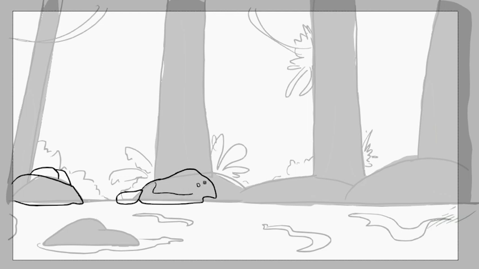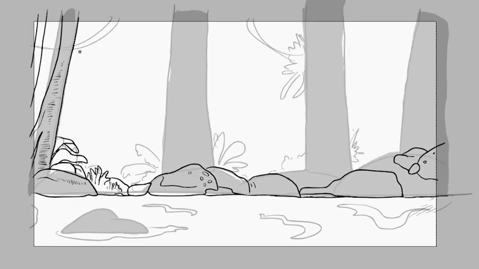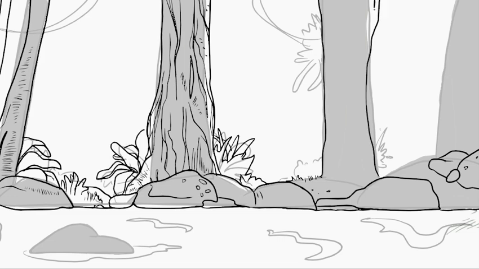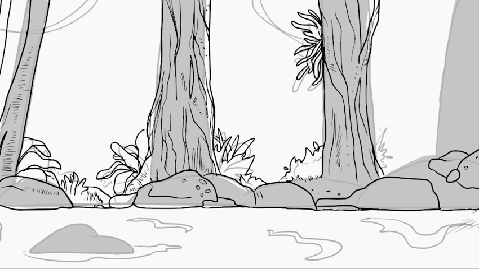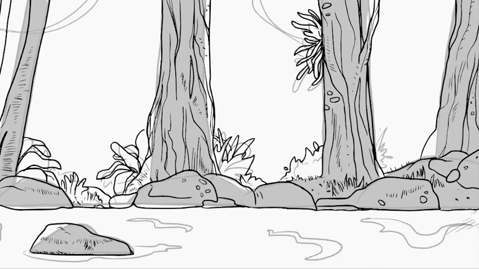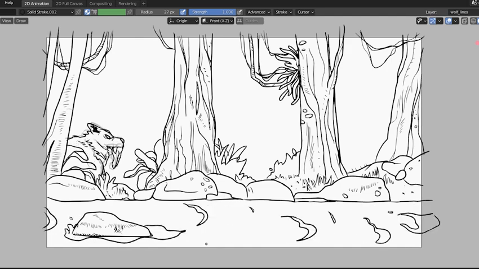And for the final scene that I added out of nowhere, I had a lot of freedom to lay out the background as I wanted. As you can see, I added a lot of detail to the foreground, but then left the background almost as silhouette shapes, just so that it didn't get too cluttered and take away from the foreground action, essentially. So this is what it looked like when I started lining the wolf.